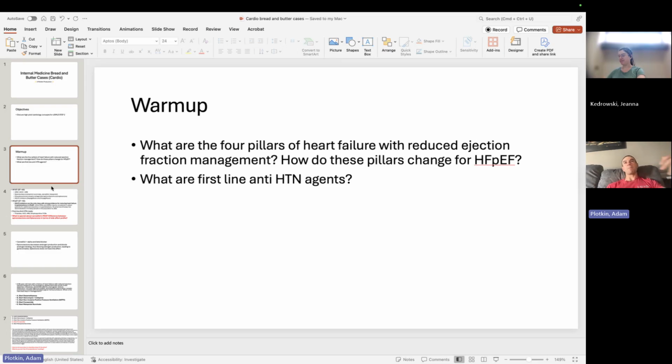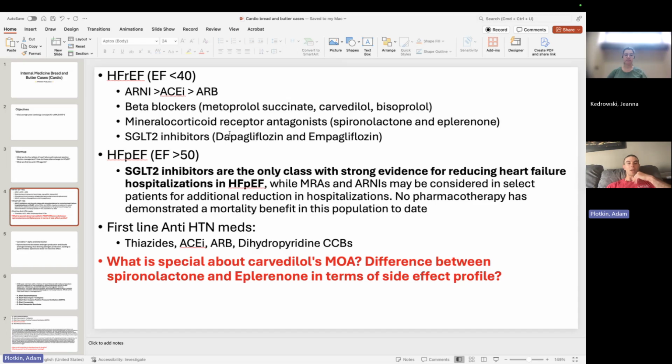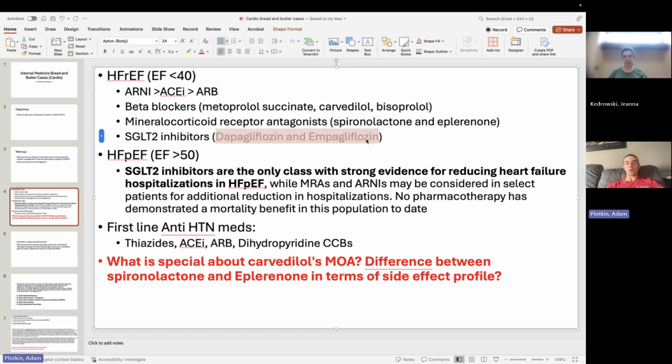And maybe in the near future, finerenone is going to be on that list too. The SGLT2 inhibitors, the 2 big ones are dapagliflozin and empagliflozin. There is canagliflozin, but these 2 have been proven better. And then with regards to the last class, ARNI is always preferred over ACE-I or ARB. That's because ARNI has been proven even more effective in reducing mortality and in getting the patients out of the hospital. But sometimes patients are just started on an ACE-I or an ARB. You keep them on that until you can transition to an ARNI.